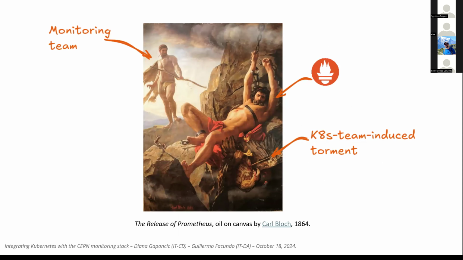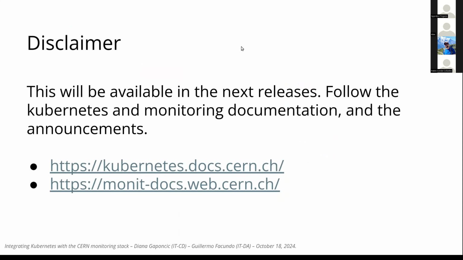So with this, I decided to put this picture, the release of Prometheus. So the monitoring team came to the rescue and released Prometheus from the Kubernetes team-induced torment. And just a small disclaimer, this is not available in the current release. We are still working and testing this properly. So follow the Kubernetes and the monitoring